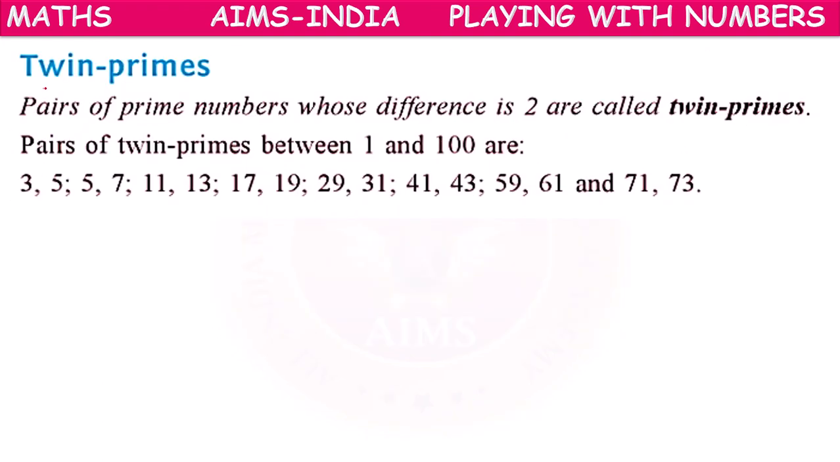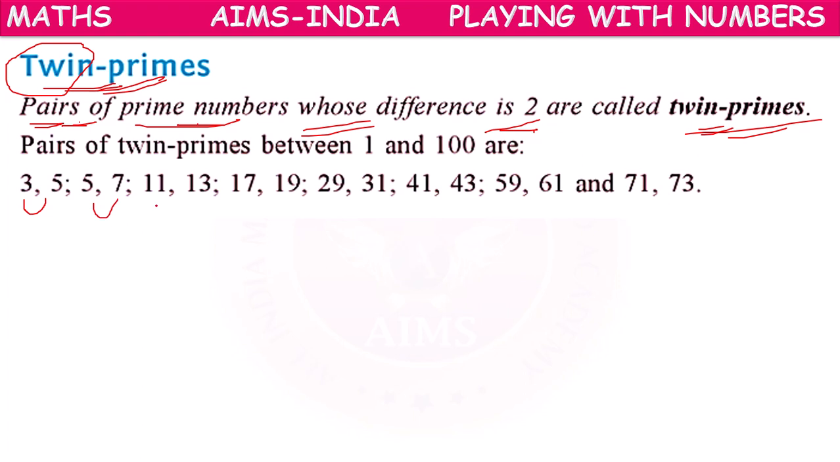Next, twin primes. Twin means two, means pairs of prime numbers. Pairs of prime numbers whose difference is 2 are called twin primes. Like 3, 5; 5, 7; 11, 13; 17, 19; 29, 31; 41, 43; 59, 61; 71, 73, like that. If their difference is 2,